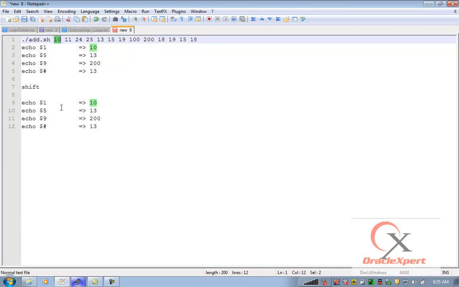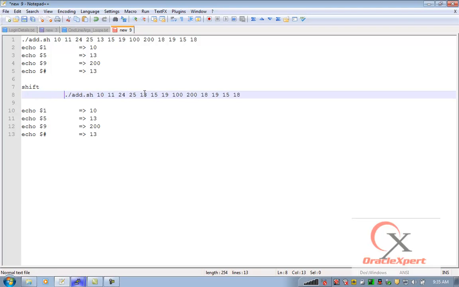So see how it will appear. My command line after I type shift would be something like this. See here what it has done. It has shifted the whole command line to the left by one position, by one argument at a time. So 10, which was the leftmost argument, the first argument, was removed and the whole of it got shifted to the left. Now if I say echo $1, it will print